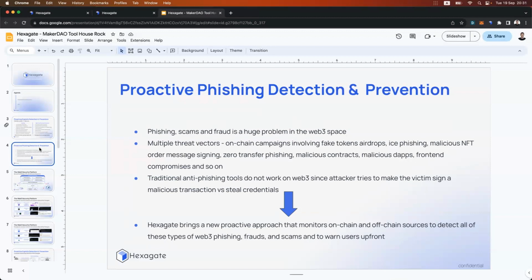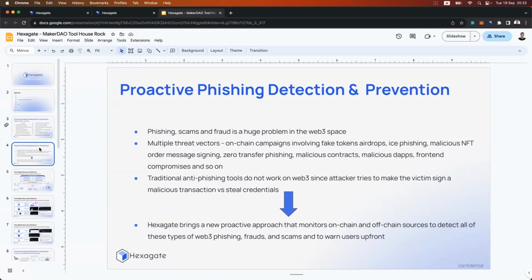And that is also true if a whale or someone who has lots of governance tokens is lured into a phishing campaign and eventually loses all of their governance tokens all at once without even noticing.